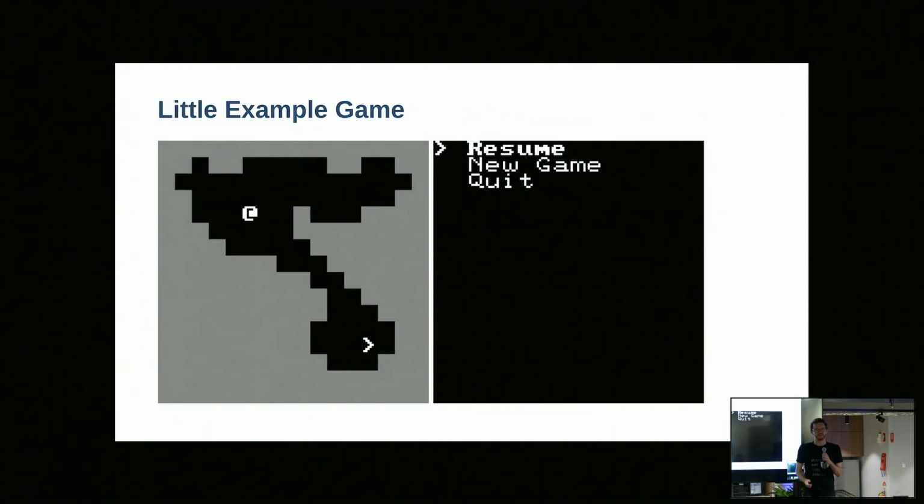So let's have a motivating example. This is a little game. This game exists. It's not very fun, but it does procedurally generate levels, and you can go down the stairs and see new levels. It's endless. You can't win. You can't lose. But you can open a menu, and that's an interesting academic exercise, because now we have to maintain the state